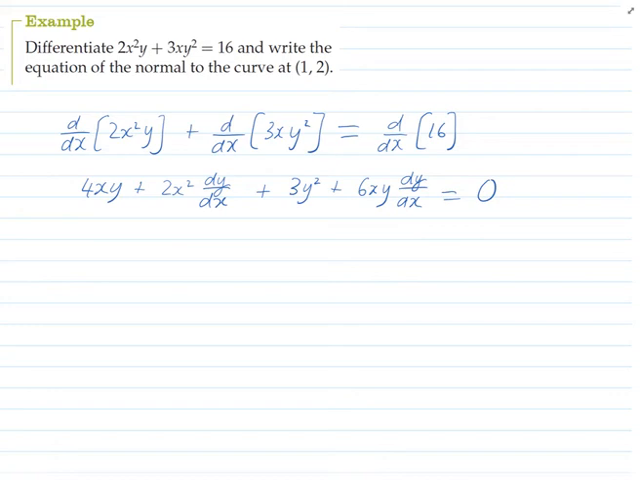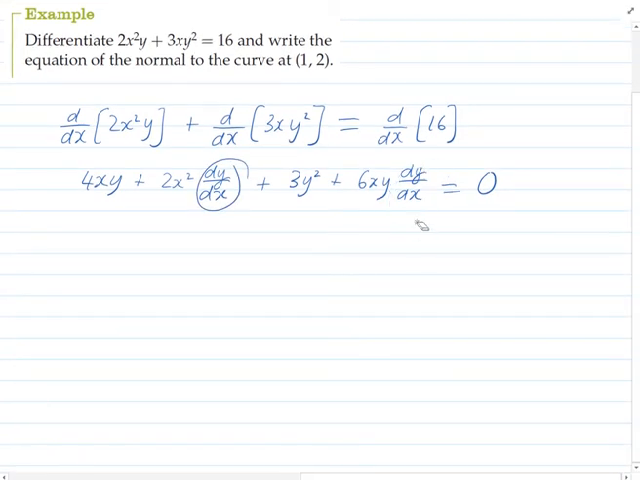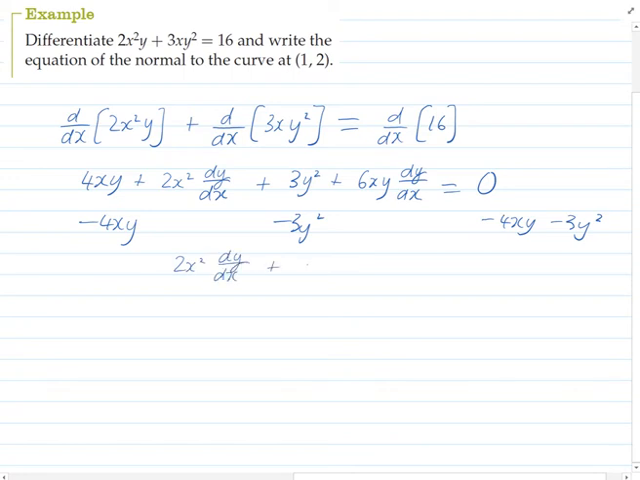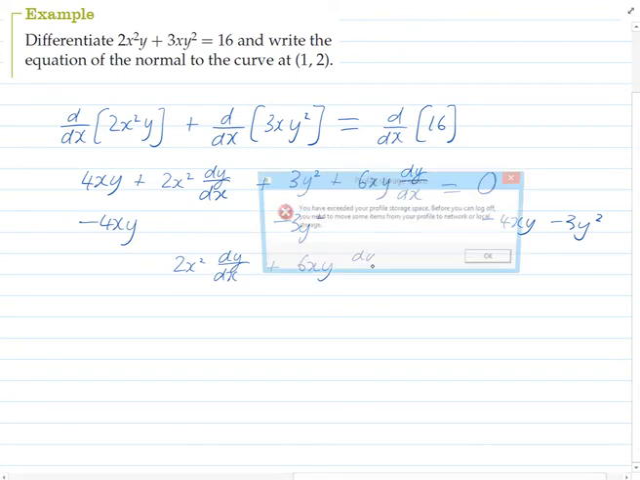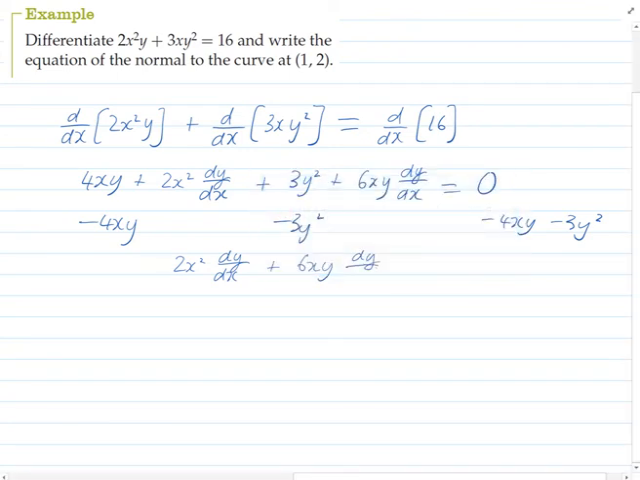So now our requirement is to solve for dy by dx, and so we want to get all our dy by dx's together, so we want to subtract 4xy and 3y squared from both sides. And so that will leave us with 2x squared dy by dx plus 6xy dy by dx. And that's all going to be equal to negative 4xy